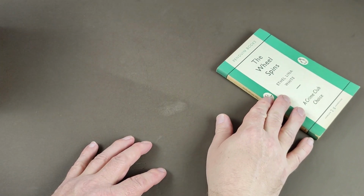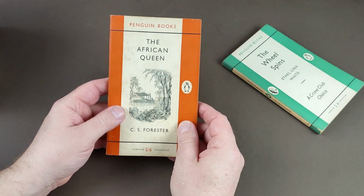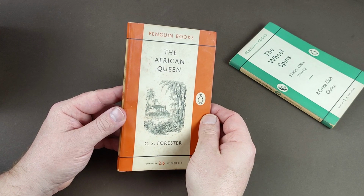Now, as I said in the introduction, I don't have anything like a full run of these books, so I'm just going to show you what I have got in my collection, but do be mindful that there's lots missing. Okay, so